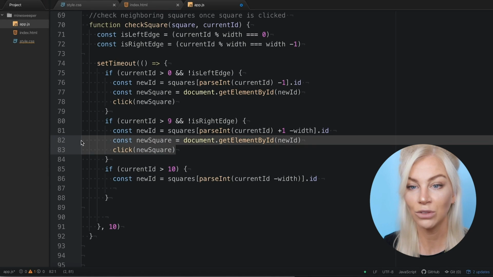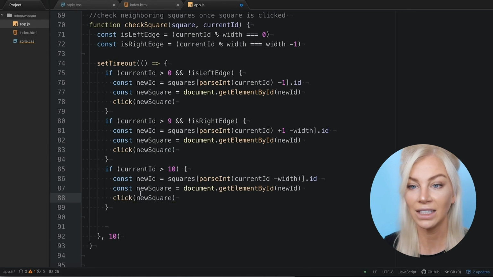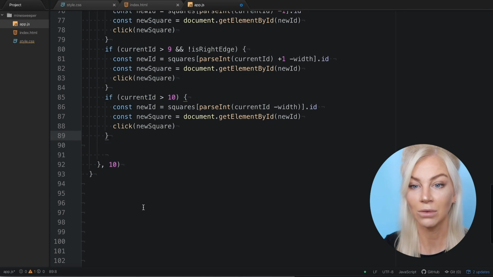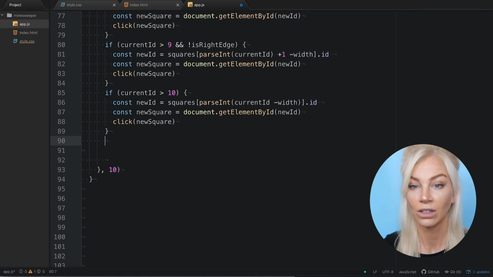Now let's grab the actual element using getElementById and passing down the new ID and pass that square into our click function. Are we getting it yet? Let's talk through it one more time. Once again, I am saying if the current ID of the square I clicked, that was an empty square with a number of 0, and then passed down into the checkSquare function, is bigger than 11 and is not